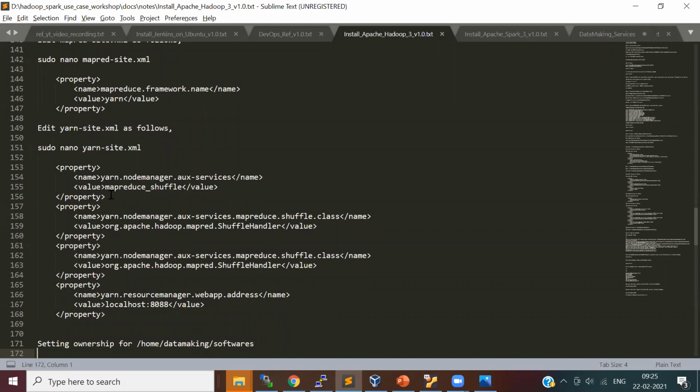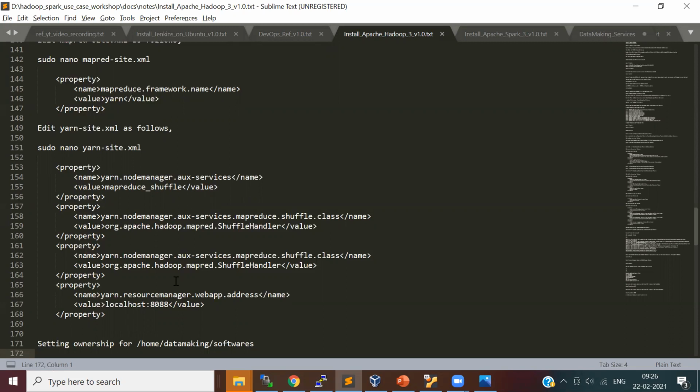Here we need to set a few properties, and this is one of the properties where you can set the web UIs for the name node process and the resource manager process. Web UIs means it's kind of a dashboard where you can go and monitor your jobs in the resource manager. Similarly, there is a web UI for the name node where you can go and explore your files which are stored in HDFS.